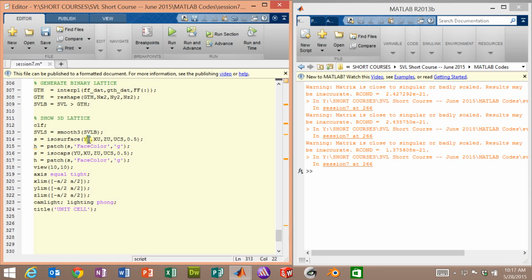And we're no longer on the unit cell grid, so we have to change these U's to 2's. And instead of UCS, it's SVLS. We'll still use the same threshold value. We'll still use the ugly green. And we'll give it a view angle of 10 and 60. That might look a little bit better. We'll definitely keep an axis equal tight. We'll keep our limits here. We'll do the cam light to give it some lighting. And then the rendering algorithm, we'll use the Phong algorithm that smooths things. And we'll title this our